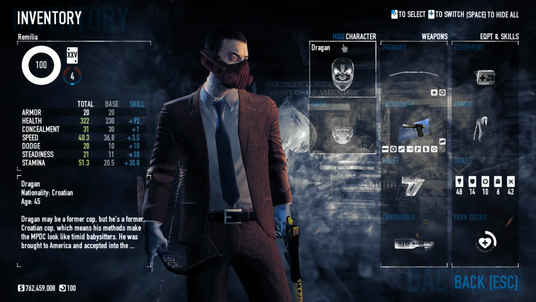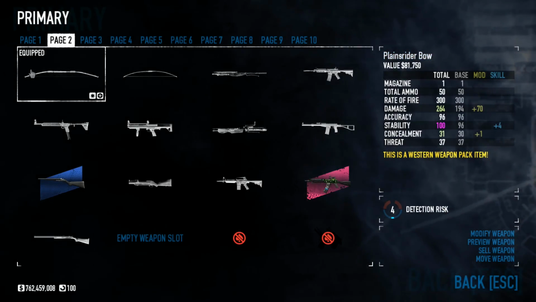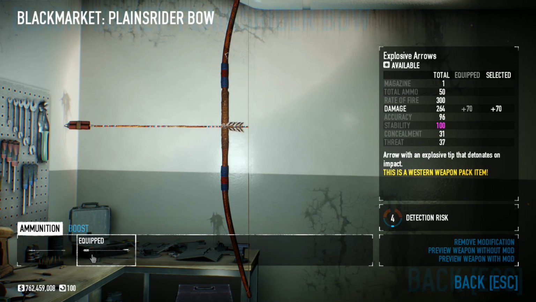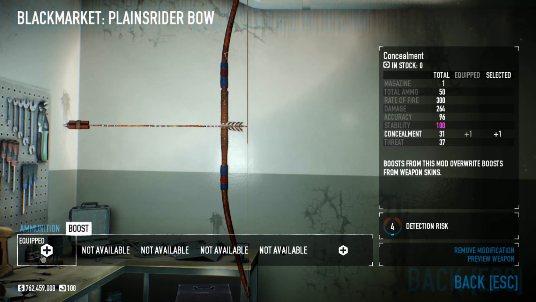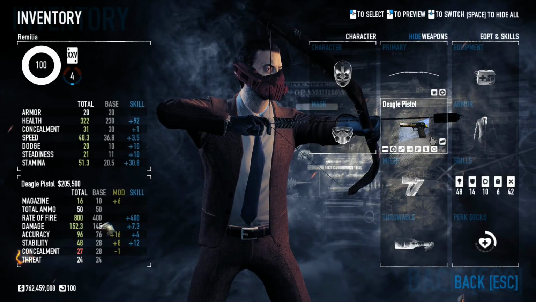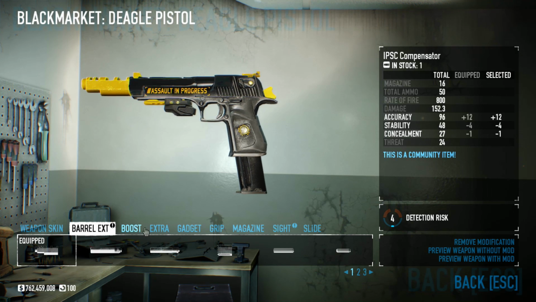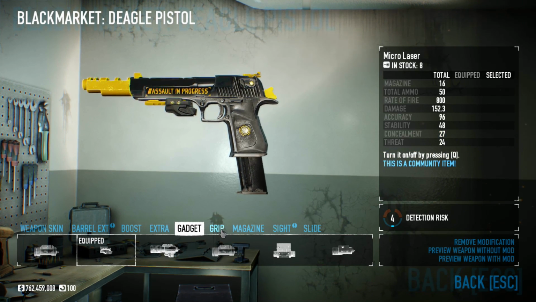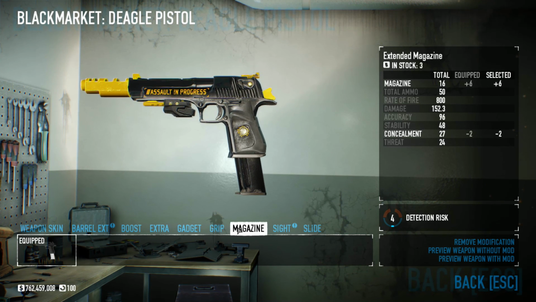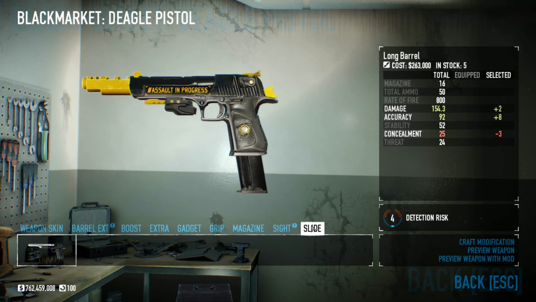So thank you for watching, for those who did, and here's what I promised. As my primary, I used the Plane Rider's bow, with the mods Explosive Arrows and the Boost Concealment, because I needed that extra concealment in order to carry my pounder and still benefit from having low concealment. And for my secondary weapon, I used the Deagle pistol, with a bunch of mods to improve the accuracy as long as it keeps low concealment, to also benefit from low concealment with my skills like Sneaky Bastard and